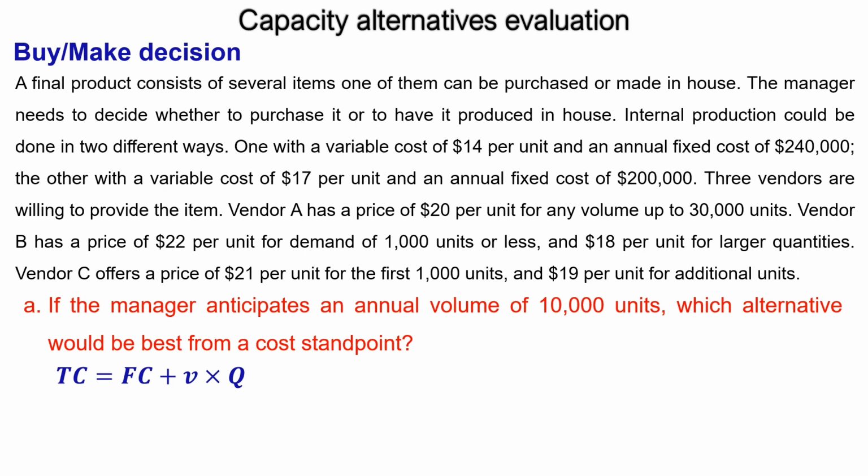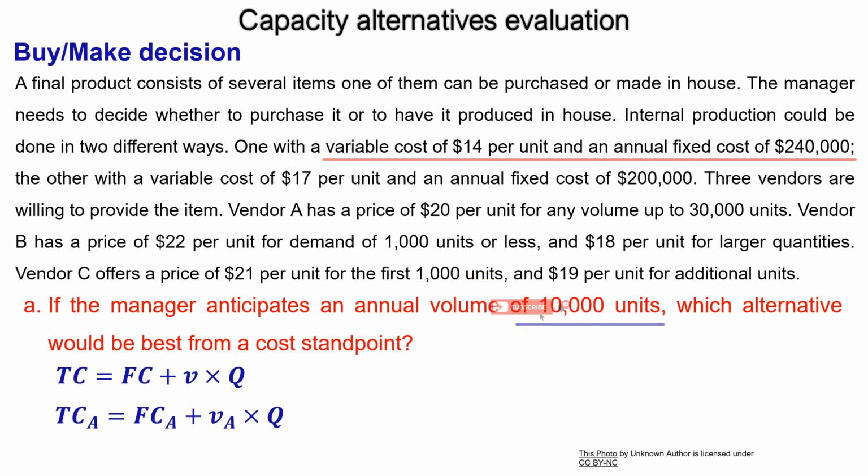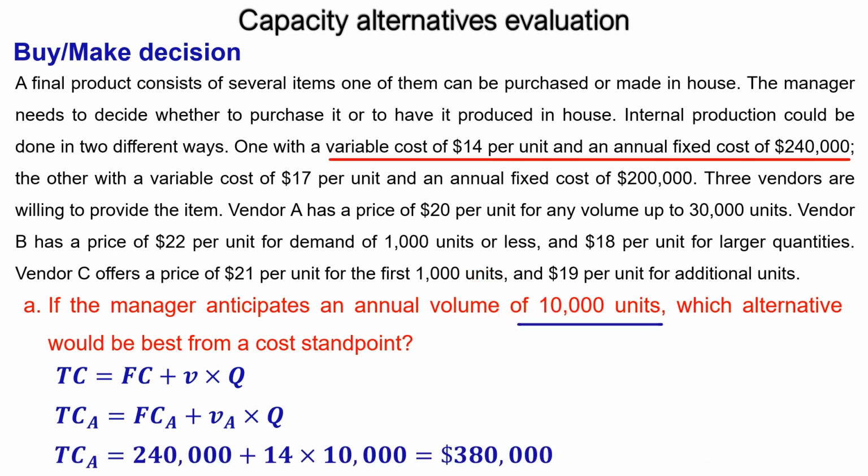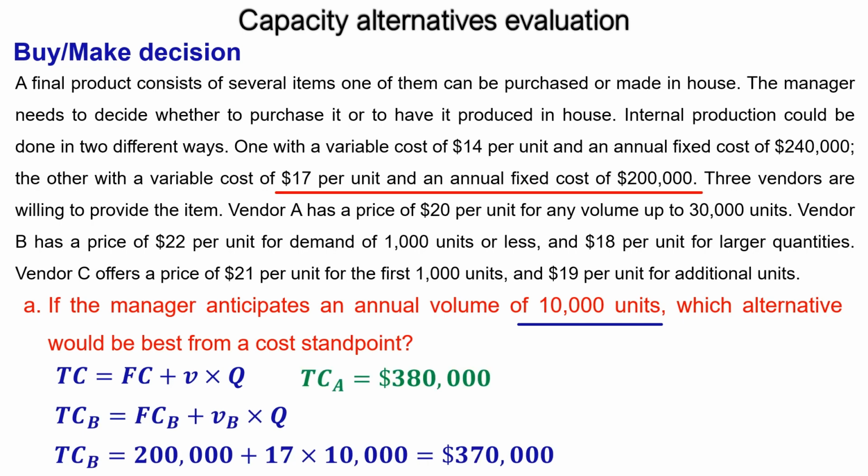In the case of producing the item in-house, the total cost equals the fixed cost plus the variable cost multiplied by the quantity. So, the total cost of the first alternative, TCA, equals FCA plus VA multiplied by Q. Substitute by the given values. TCA equals 240,000 plus 14 multiplied by 10,000 equals $380,000. The same for alternative B. TCB equals 200,000 plus 17 multiplied by 10,000 equals